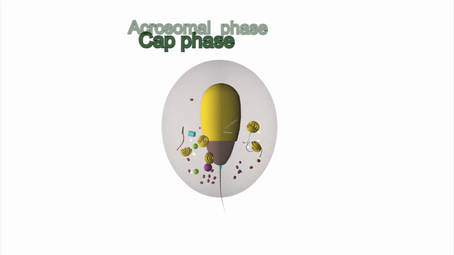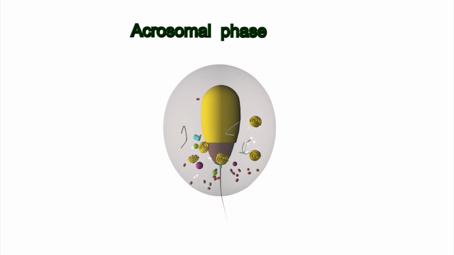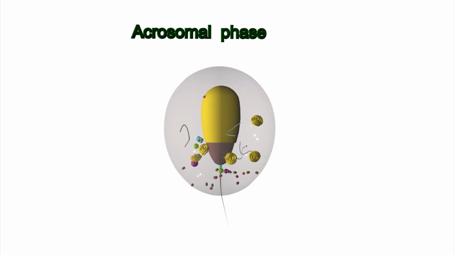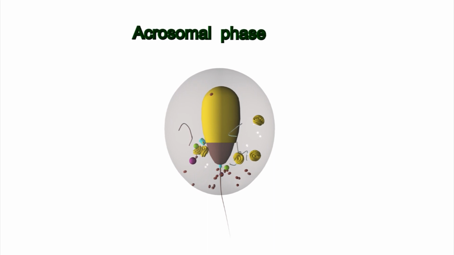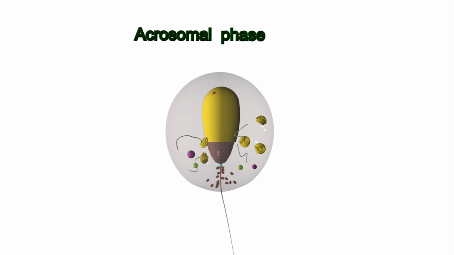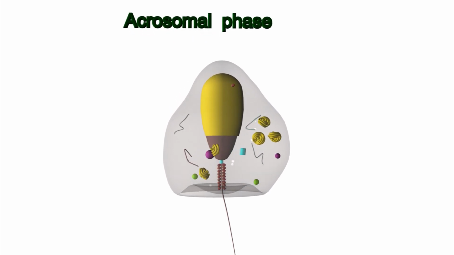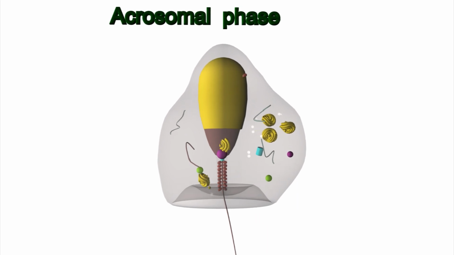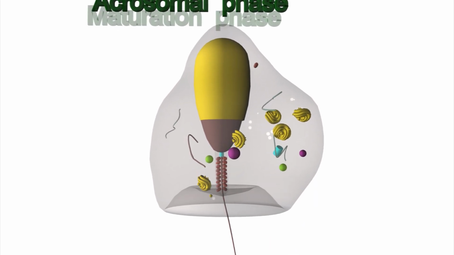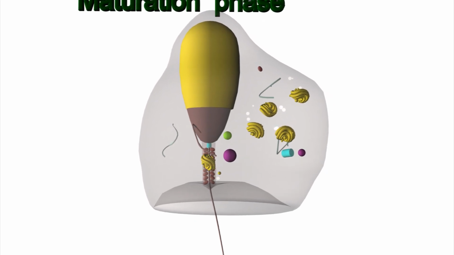In the third phase, the acrosomal phase, the elongation process continues and mitochondria start migrating and organizing into a thick mid-piece, and the tail continues to grow. The cytoplasm starts to be displaced towards the tail end of the cell, leaving the acrosome as the external part of the new cell. In the last phase, the maturation phase, the elongation is completed and the tail is fully